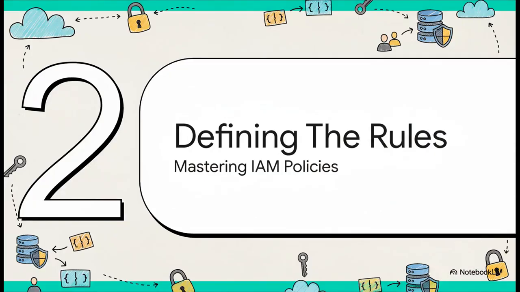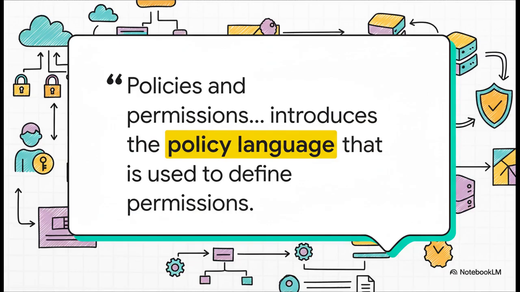Okay, so we've figured out who can get in and how they prove it. Now for the next big piece. What can they do once they're inside? This is where we get into mastering permissions with IAM policies. Look, policies aren't just suggestions. They are the literal rulebook for your AWS account, and they're written in a language called JSON. Every single action is either allowed or denied by one of these policies. And if you get this wrong, say you grant permissions that are way too broad, you could accidentally let a junior developer delete your entire production database. Yeah, that's why getting a handle on policies is so critical.